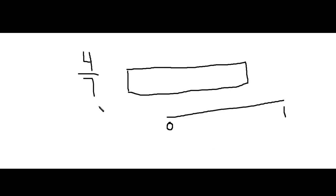Nice job. The numerator is 4. That means we have 4 pieces. That's the part. The denominator is 7. That's how many parts we have in total. What we're going to do is we're going to make six slices to make 7 pieces. 1, 2, 3, 4, 5, 6. I'm going to double check my pieces. 1, 2, 3, 4, 5, 6, 7. Now I need to color in 4 of them. 1,